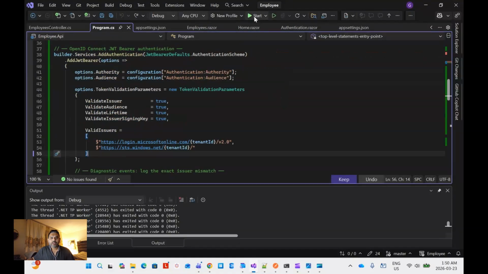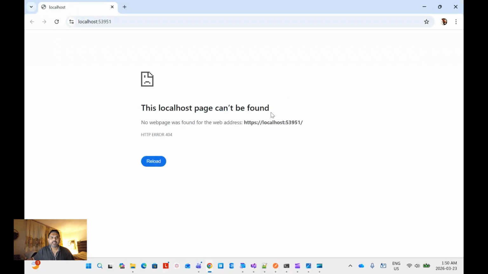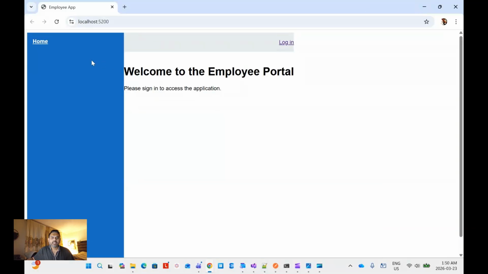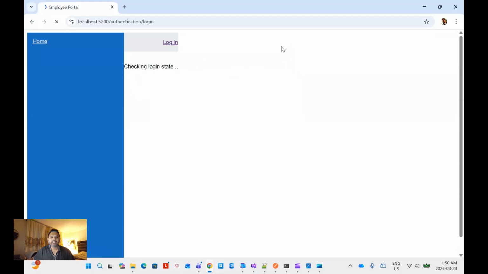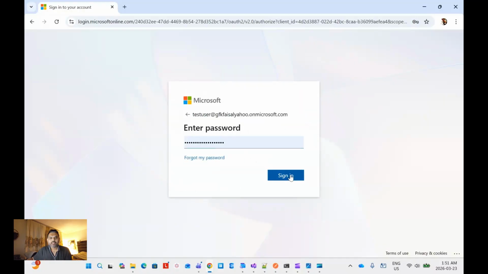So now if I run it, and you can see that. So that's my API endpoint running on this port, and this is my client-side app. You see, now when I go to the home page, I'm not authenticated, so I don't see the view employees link. Now if I log in, as I said, now it's going to redirect me to my identity provider, and that's where I have this test user. Try to log in with this test user,